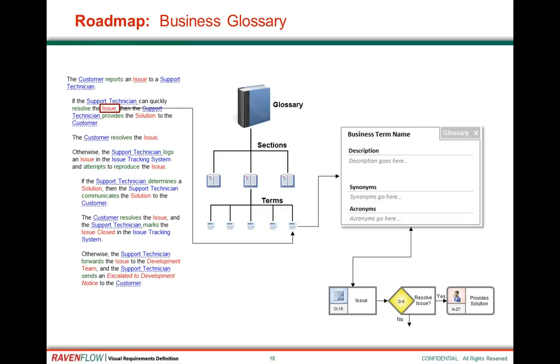Now, our current product that's already in the marketplace and has been there for some time, called Raven Professional, does have a glossary that you can populate with business-specific terminology. Raven doesn't need it in terms of the language engine, but it certainly benefits from it and can leverage it to create the most consistent definition of a process and the terms within it as possible. So we're working on introducing that